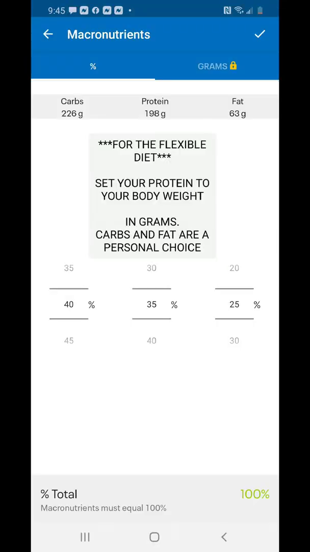The carbohydrates and fat, you can adjust that to a different level, and I'll show you a snip of how that looks in a little bit, so don't freak out yet. But basically, if you wanted to do more keto or something like that, you'd obviously set your carbs lower. You can even set your protein a little bit lower, fats higher. But for my channel and the functional fitness lifestyle, my belief is set the protein at your weight. The carbohydrates and fats will adjust throughout the different days. Don't worry so much about that. But I'm going to show you the first step in how we